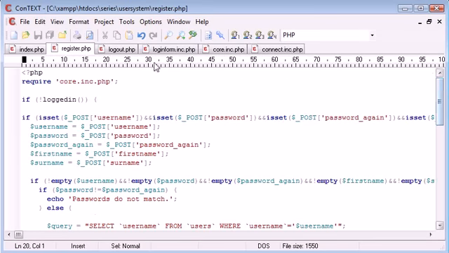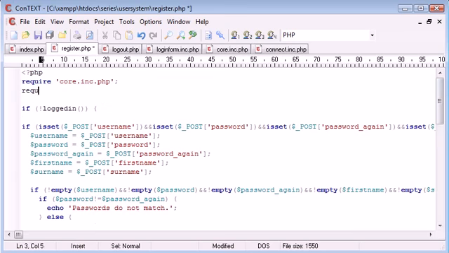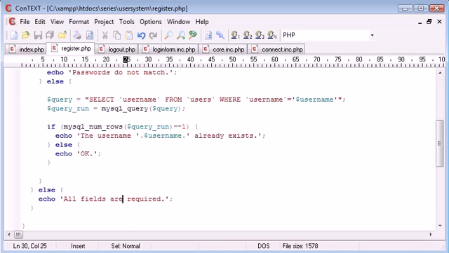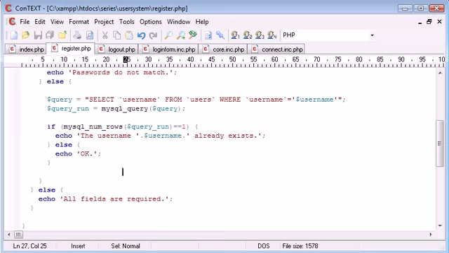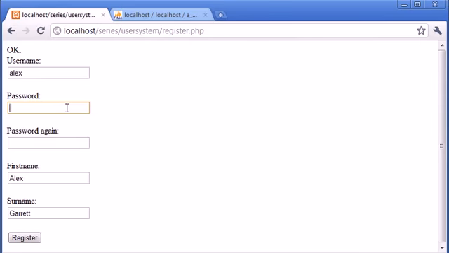So let's go up, and I'm going to require connect.inc.php so I can connect to the database and therefore perform these operations correctly. So let's go back here and we'll re-type in pass123, pass123, click register. The username Alex already